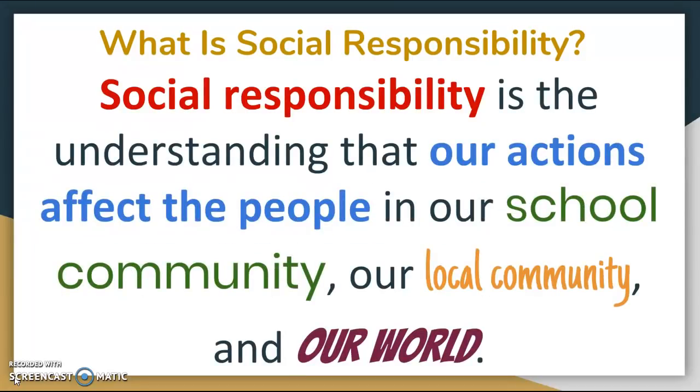Okay, now we're going to move on to the idea of social responsibility. If we break down those words, social means our interaction with the people in the world around us. And responsibility means taking ownership of something yourself. So when we want to define